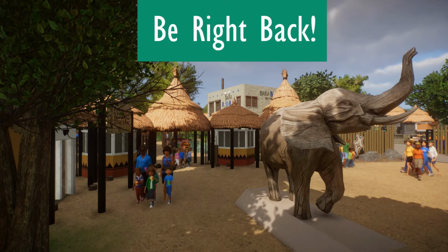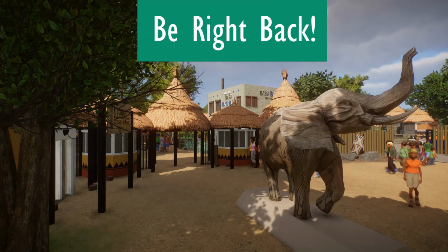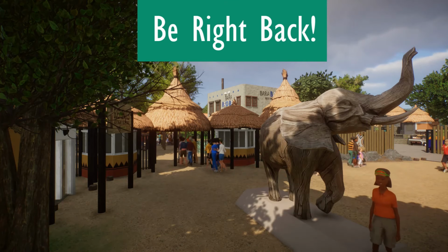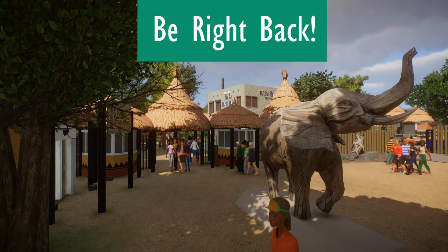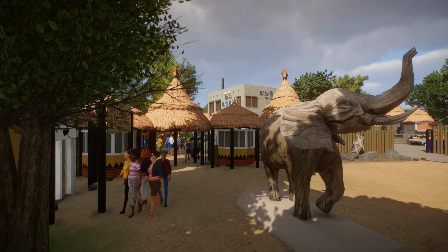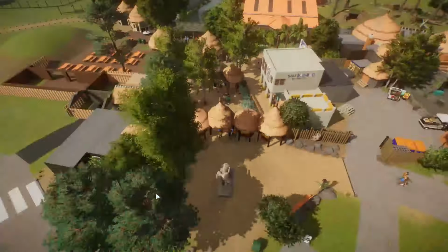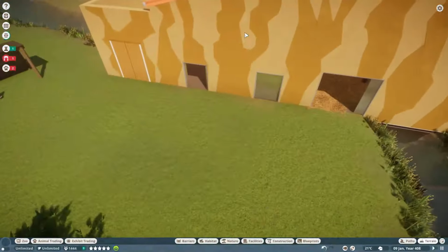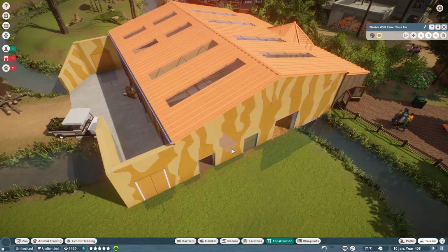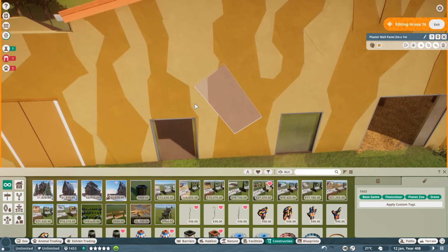Right, I'm back. I'm actually gonna quickly close my curtains, because otherwise I'm gonna have a ton of bugs inside. And we'll look at the stripes of the first Primate house, because the second one's a lot more simplistic. The first one's really the complex one. So I can actually select the stripes, I think. Oh no, I grouped them? Oh, I thought I didn't. But you can see the stripes are made up of...